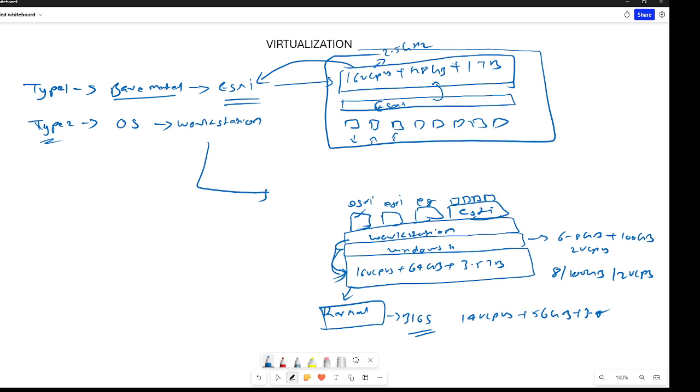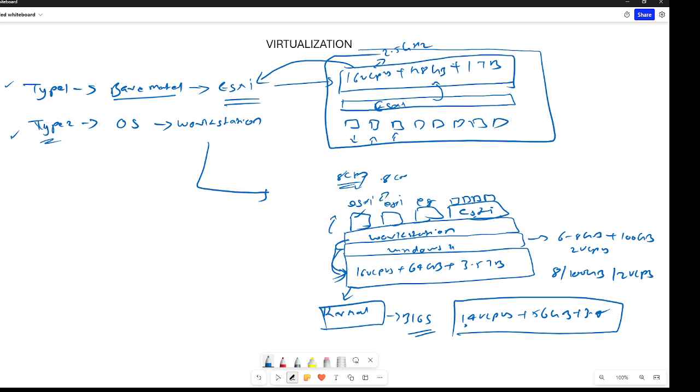So ESXi gives you the capability to install virtual machines. Doesn't matter if it is type 1 or type 2, you can install as many machines as you can. But it all depends on your resources, so you have to be very careful in allocating them. You can't just tell this ESXi machine to take 8 core CPUs. Whether type 2 is better or not, I will come to that later. Say I tell it to take 8 cores and I have 14 cores. The resources will be allocated, no problem.